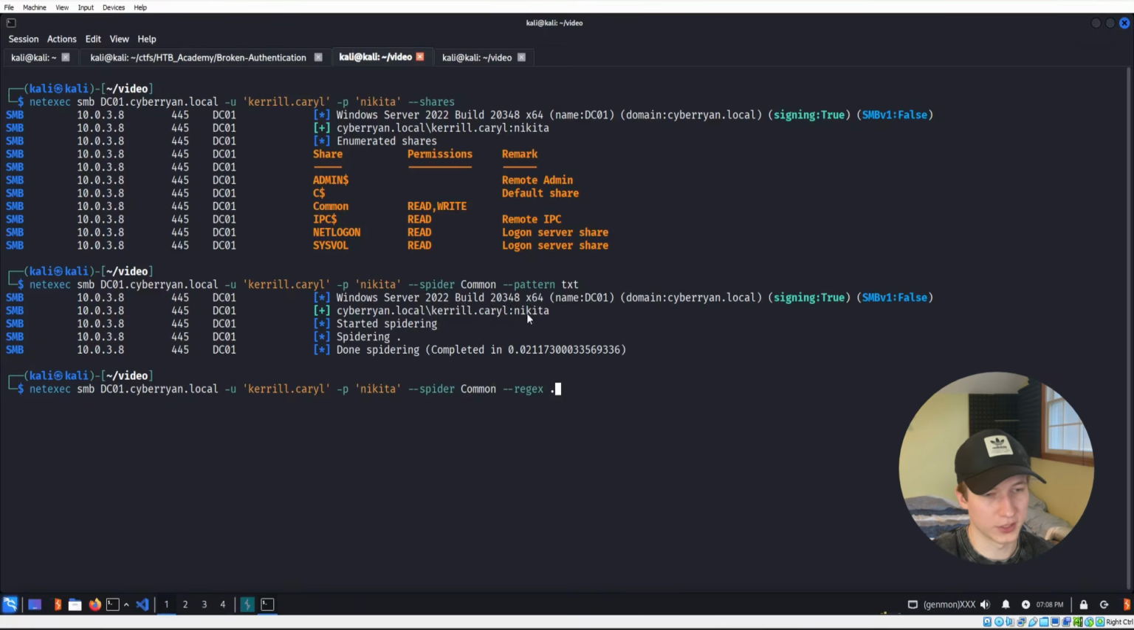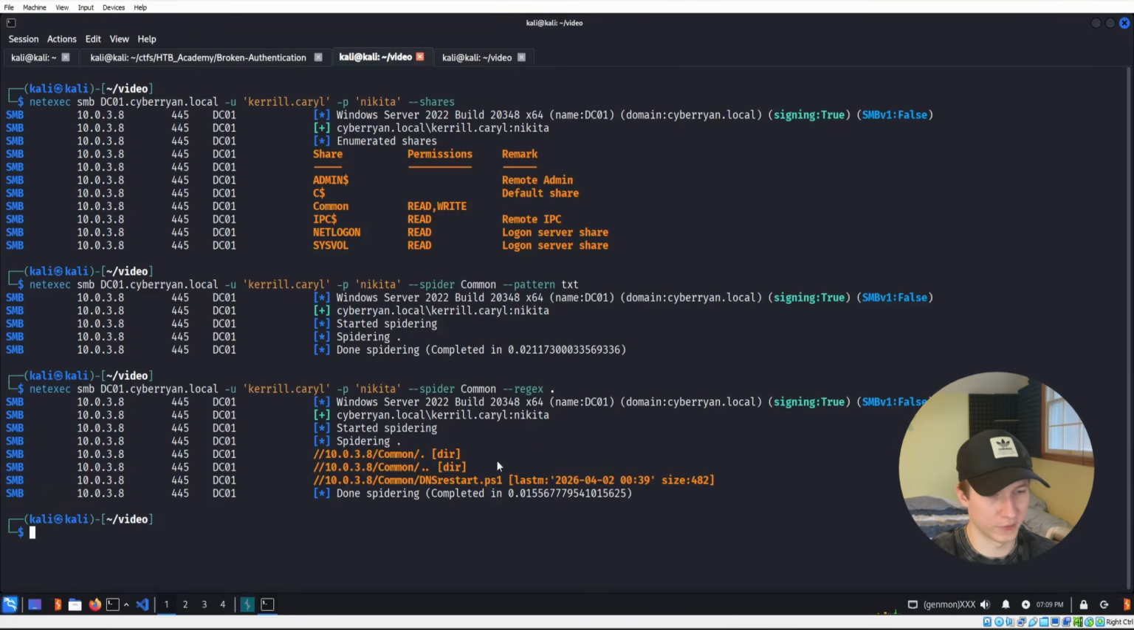And it looks like no txt flags exist on the share, so instead what we can do is specify --spider common again, but this time use regex to look for any file, and that can be done by just using a single period. After this run, we see that common has a file called dnsrestart.ps1, so to actually download that file, we can use the --share flag to specify our common share, and then --get-file to download the dnsrestart.ps1 file